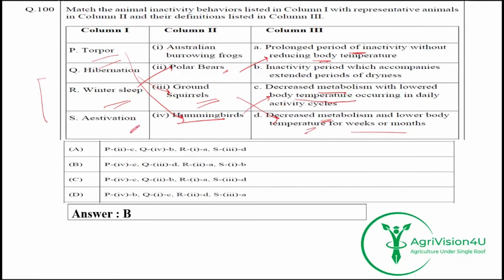And at last, we have estivation, which is basically done by Australian burrowing frogs. And it is also an inactivity period which accompanies an extended period of dryness. Right. So it is an inactivity period which is accompanied by an extended period of dryness. So the correct option which satisfies all these are